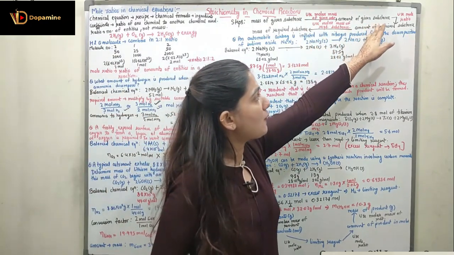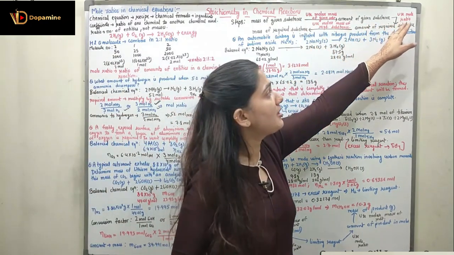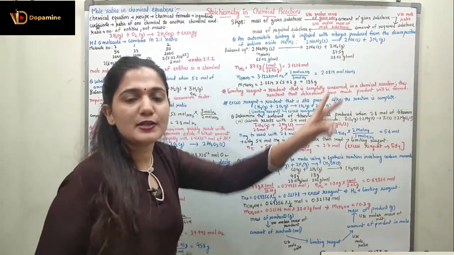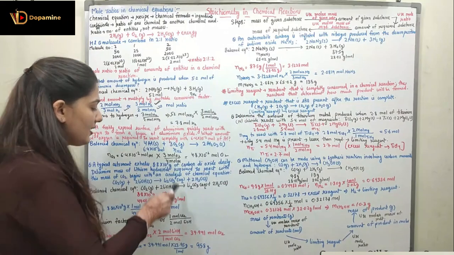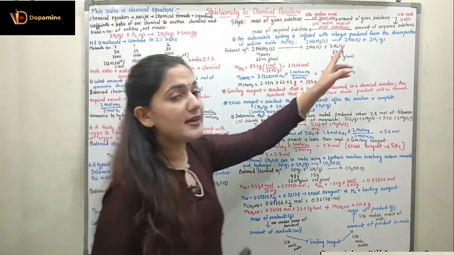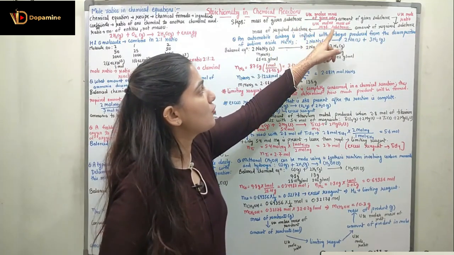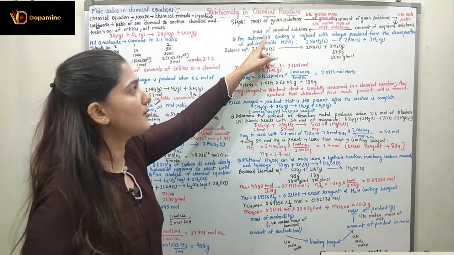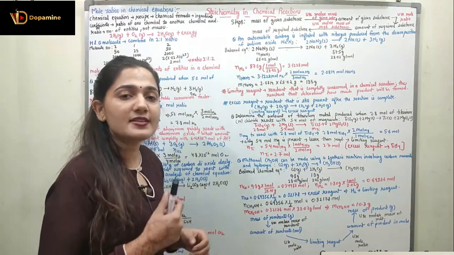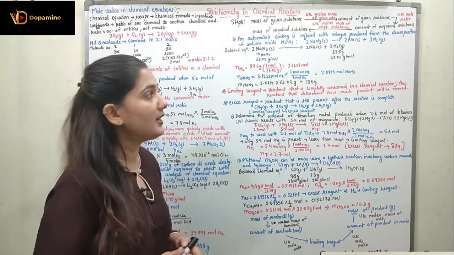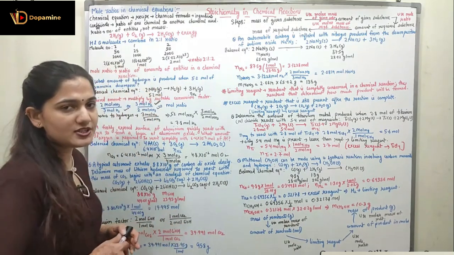So when I have the amount of the given substance in moles, I will use the mole ratio to find the amount of the required substance, right? So what was the required substance over here? LiOH, right? So I will find the moles of LiOH. From the moles of LiOH, I will again use the molar mass of the required substance to find the mass of the required substance, as the number of moles is used to find the mass. So this is how the mass of LiOH can be found.